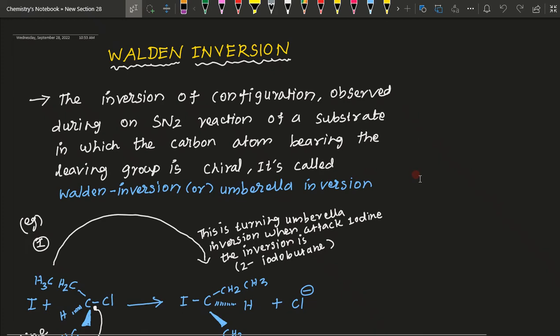What is the Walden Inversion? It is the inversion of configuration observed during an SN2 reaction of a substrate in which the carbon atom bearing the leaving group is chiral. It is called Walden inversion or umbrella inversion. See below. For example,